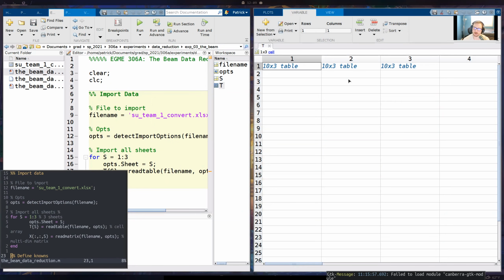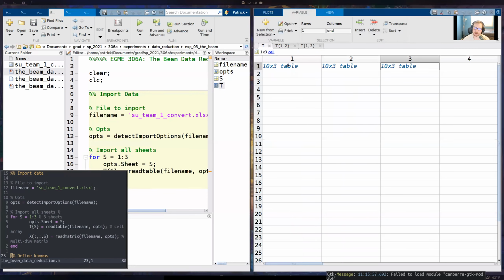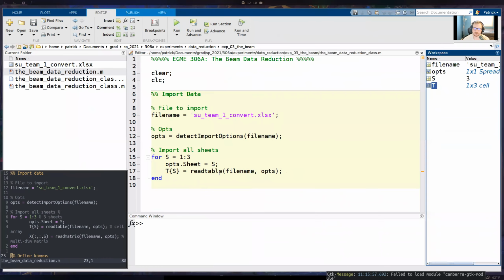So basically, it imported every sheet. This is sheet 1, this is sheet 2, and sheet 3. And I can open one up. So this is test 1. And we have all of the data for test 1 in here. And then I could open it up for test 2. We have all of that data. And then I could do it for test 3 as well. So that's one method, but I'm actually going to instead use a different method, just because that's what I did